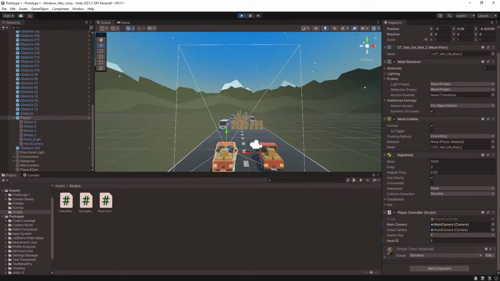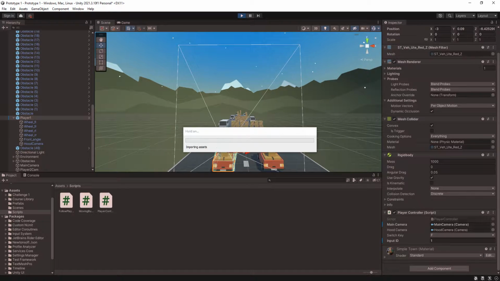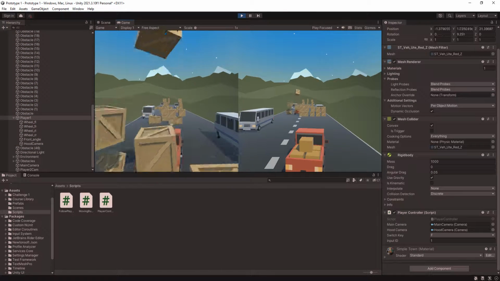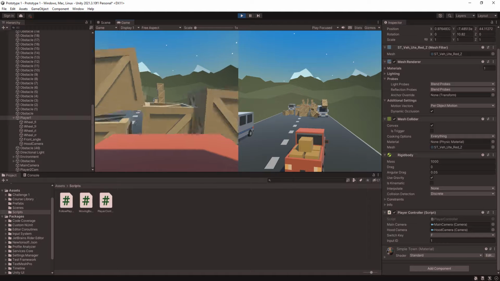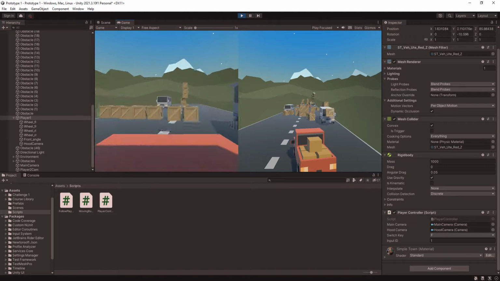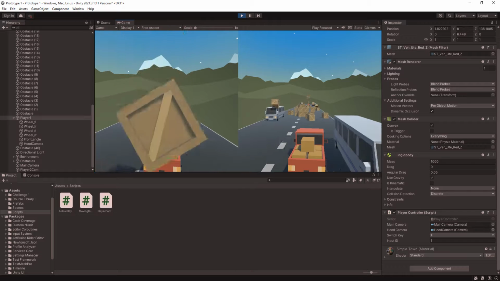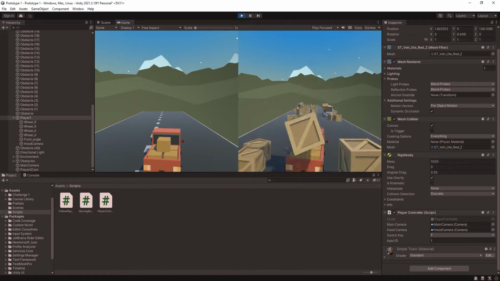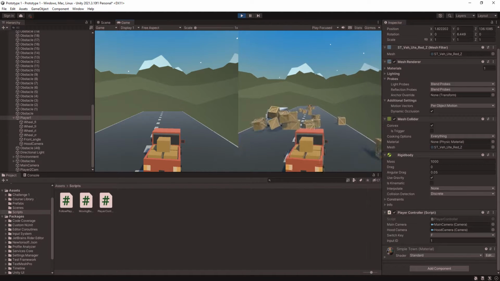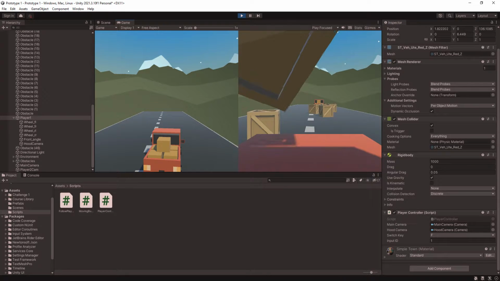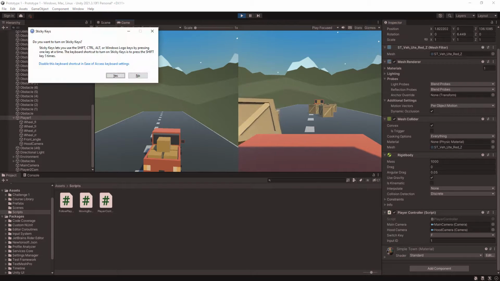So if I press start, you'll be able to see on the left-hand side I can move with WASD. And I can switch the camera with F from first person to third person. And then on the right hand side, you'll see the second player. I can move around with up, down, left, right keys. And I can switch the camera with, no,